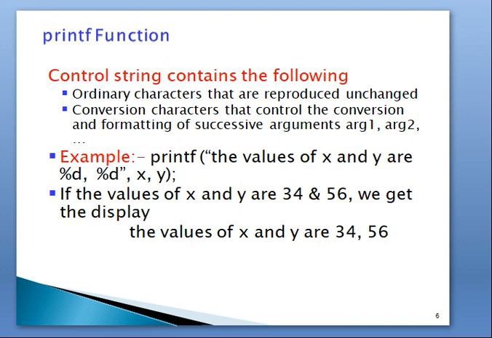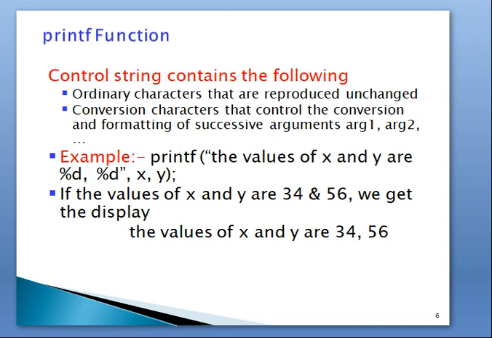The example: printf("the values of x and y are %d %d", x, y); the inverted quotes are closed, arguments x, y. This is the example of printf.